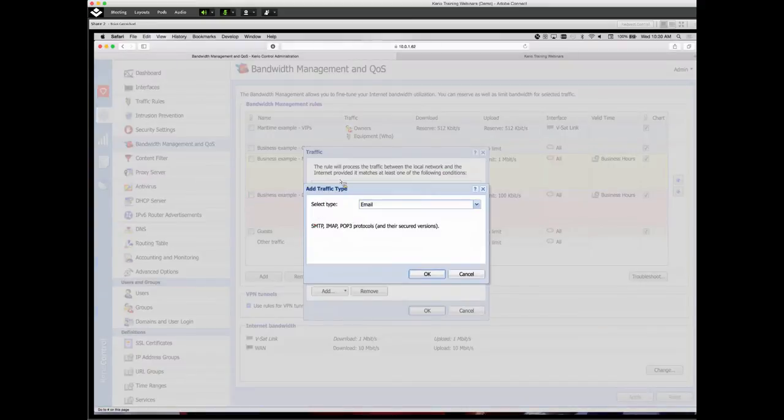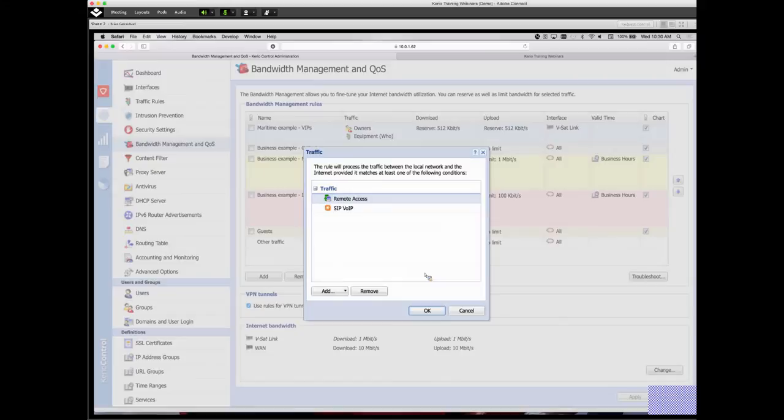Okay, and then I'm going to add the other services for remote access. So these are all the services that we've defined as important or mission critical. And you'll notice one of the key distinctions is that I'm selecting just a category of traffic. So I don't have to define all of the individual services. I don't have to specifically say VNC or Telnet or remote desktop, for example. The top level category is already associating all of those. So the firewall is doing a lot of the work and making it much easier for you as an administrator